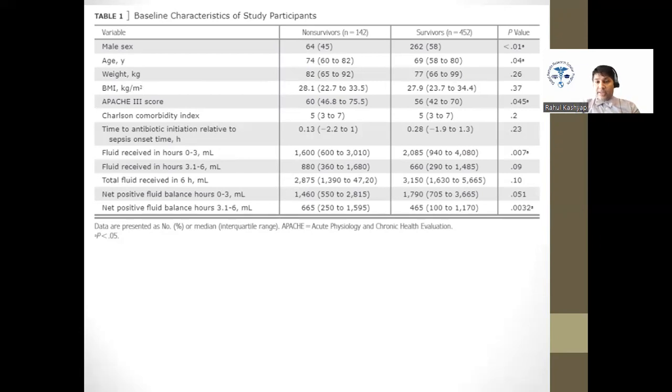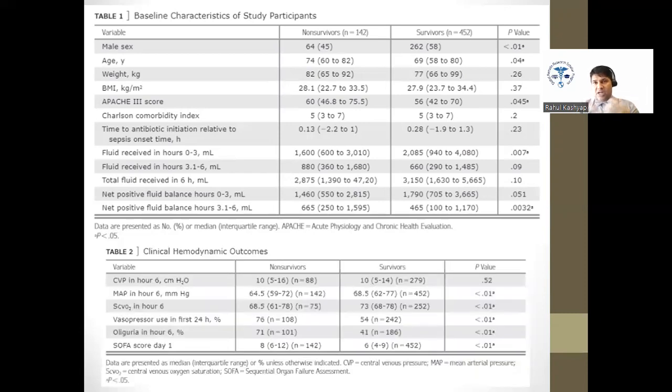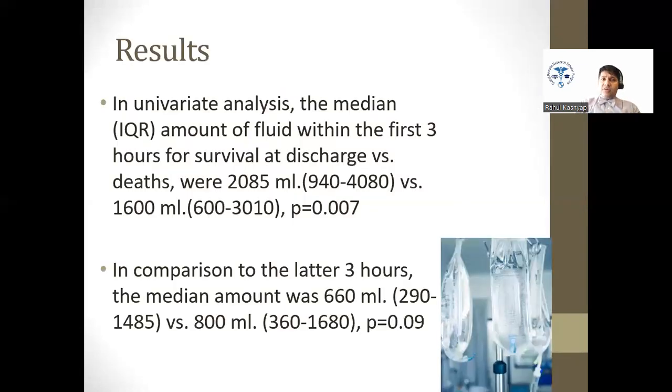Just like I did one that comes up later to draw your attention. If the slide will be too busy, I said focus on this part and now focus on that part. That was my trick, to use a busy slide, but still make it cognitively okay to all of you guys. Then finalize your result. Like my unit analysis, I had this amount, like first 3 hours of survival at discharge